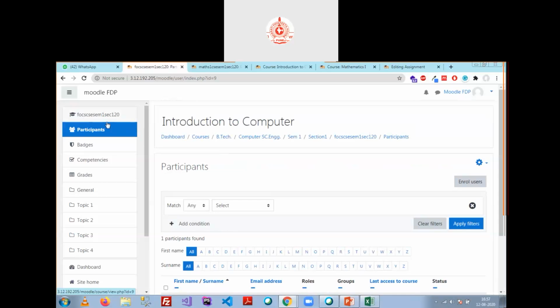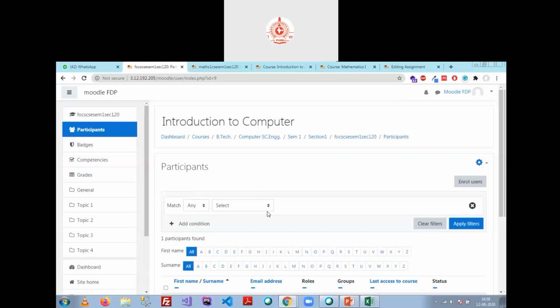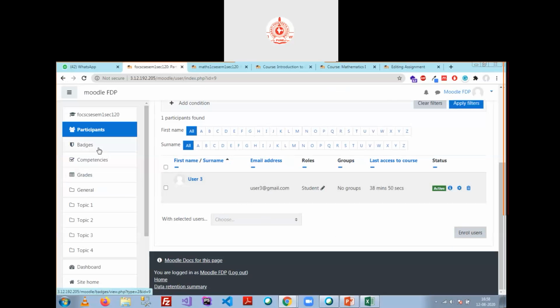Okay, I wrote down the wrong code here. I missed the CSC in FOCS, yes, that is the problem. I forgot to write CSC here. So that is why those participants did not get enrolled into this one course.